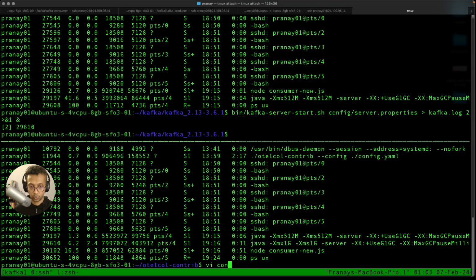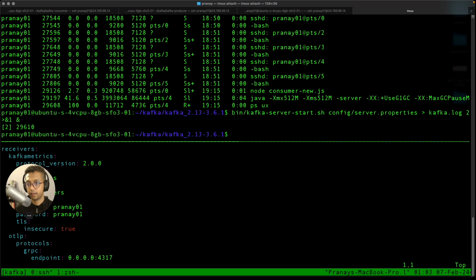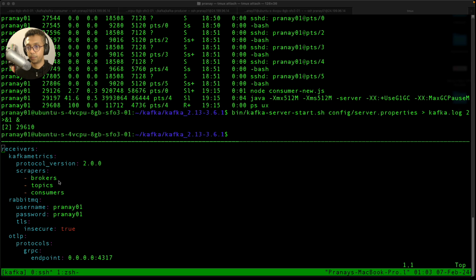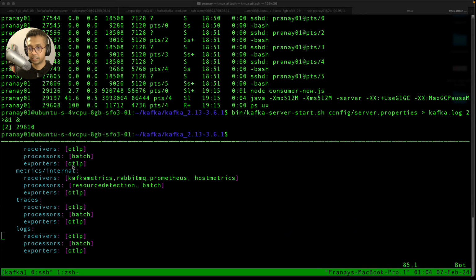So in the OTel collector config file, if you see, what I have done is I've added something called Kafka metrics receiver, and I'm scraping all the brokers, topics, and consumers. These are the only essential fields. And then what you have to do is add this in the metrics pipeline. So here I have added Kafka metrics as one of the receivers,